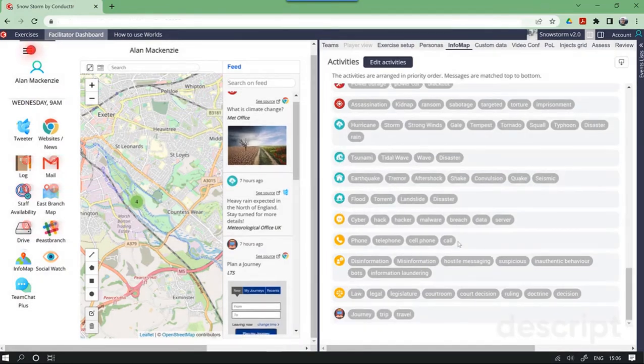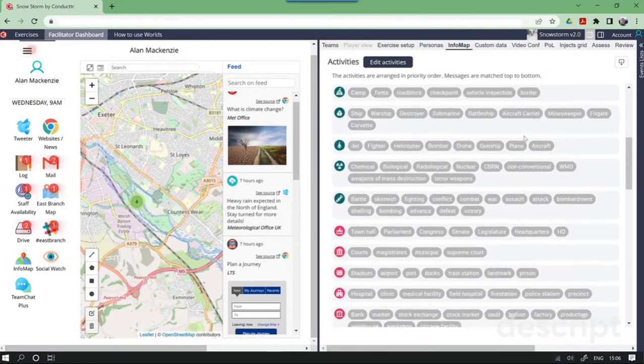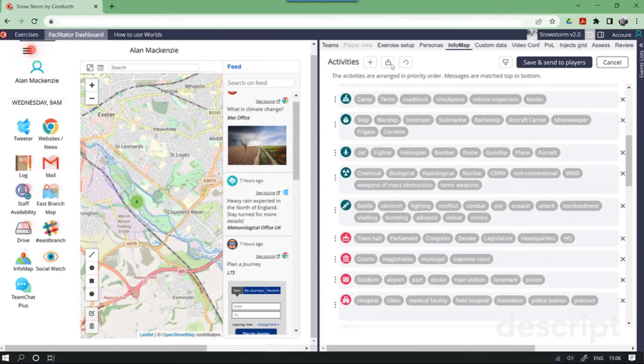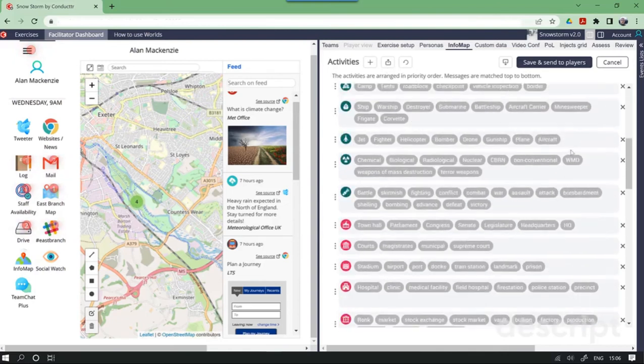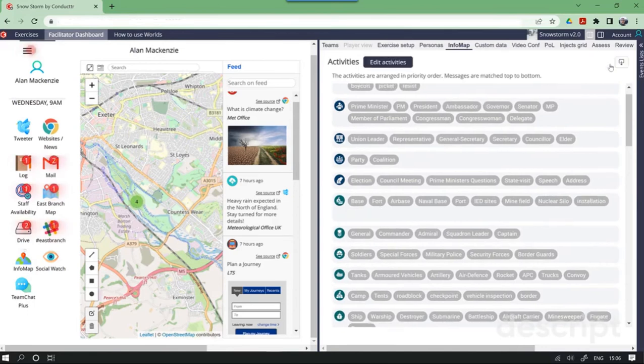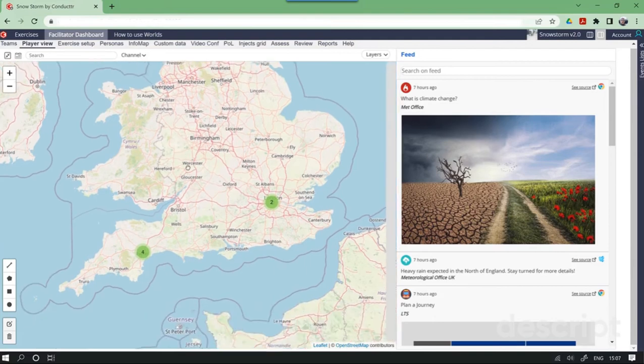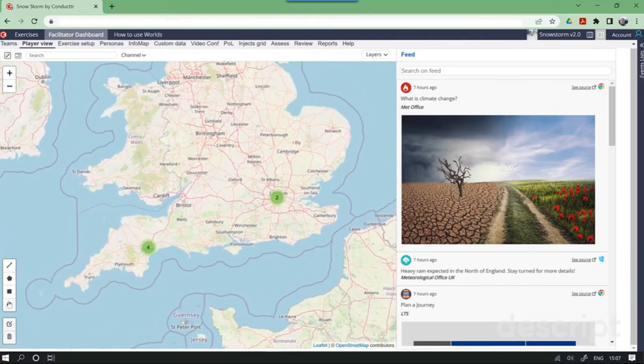And we give you a default set, but you can also export these, and you can also import, and your import options are to replace completely or add to what you've got. So another cool feature of InfoMap is to be able to filter what's available, and we've got these